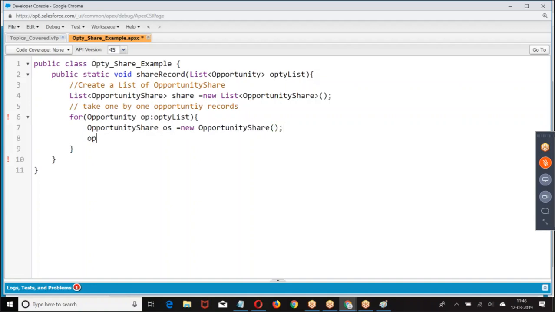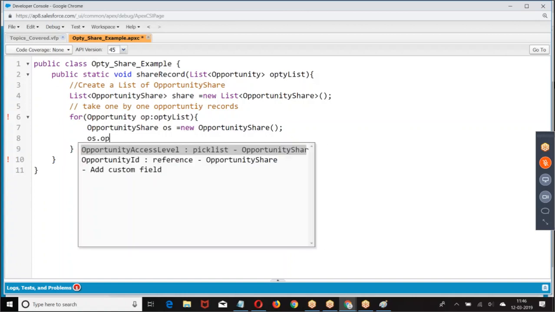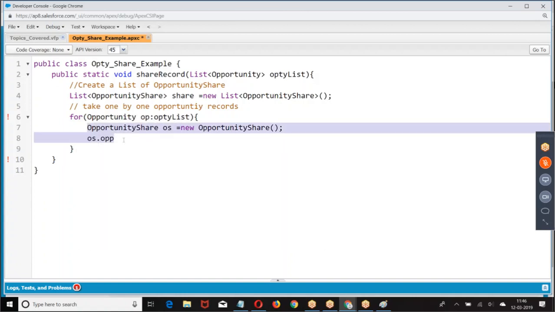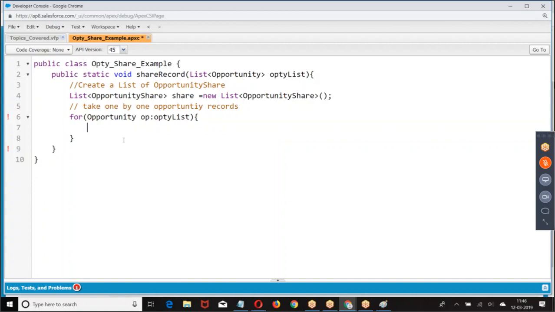OS dot opportunity ID. I gave a condition, right? What is the condition I give? Check if opportunity dot stage name equal to closure 1. If the opportunity stage name is closure 1, then I want to share it.